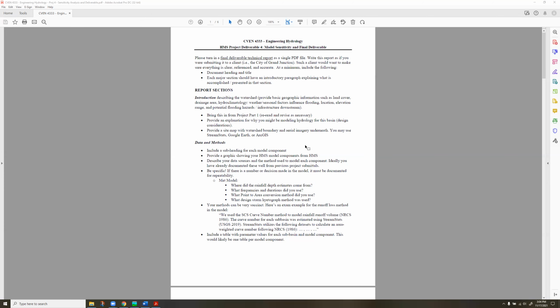Okay, team, let's take a look at the project deliverable 4. This is your final deliverable for the hydrologic modeling project we're working on in this class. And you're going to submit a full technical report now. And we'll go through the outline of the report, and then we'll get into a few, basically 3 major items